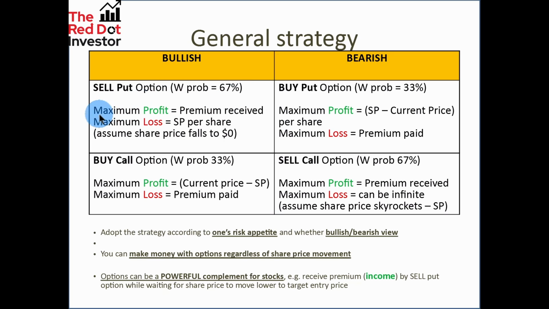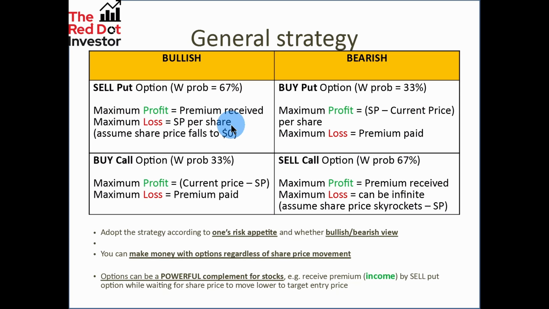The maximum profit would then be the premium that is received upon selling of the option. The maximum loss would then be the strike price per share. And this is assuming that the share price falls to $0. Why is the maximum loss the strike price per share? Because I could be buying the share at the strike price and it immediately falls to 0. So therefore, I will sustain a loss of the strike price that I bought at per share. And of course,